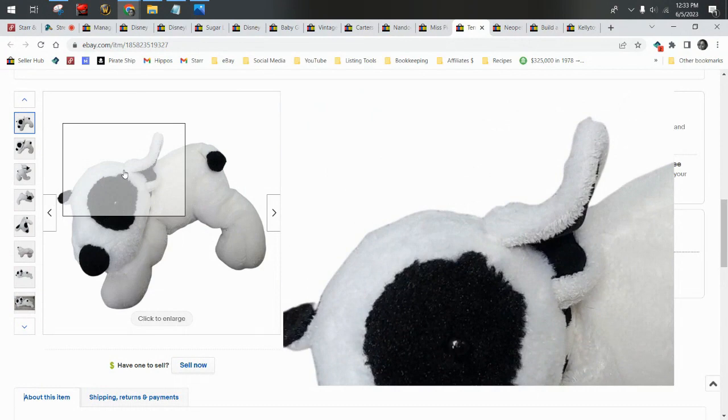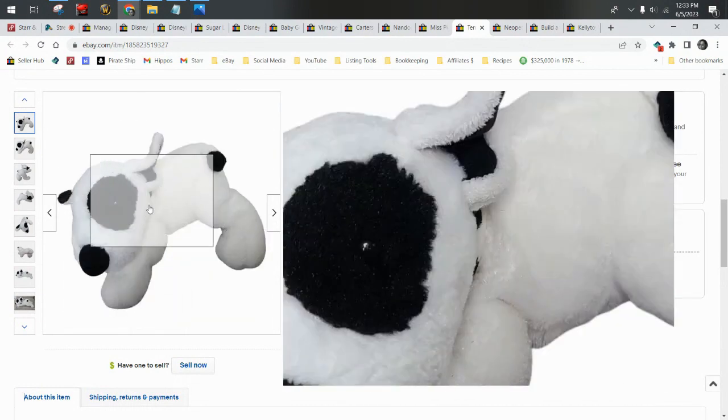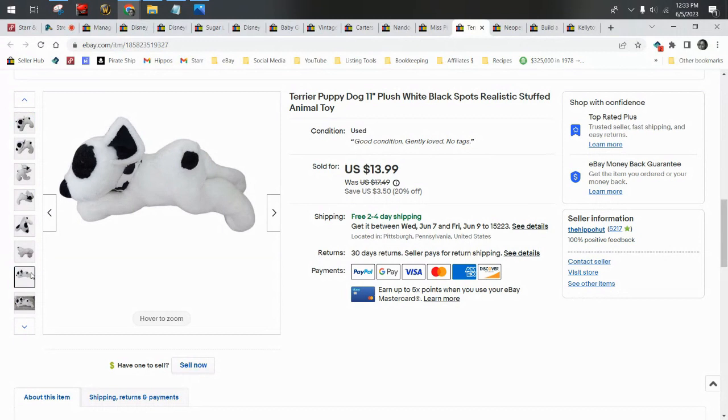Next up, we have this terrier puppy dog. I got him for free. I had purchased a wholesale lot of clothing from another reseller who threw in a bunch of plush for free. He didn't have any tush tags. So the thing with plushies, a lot of times, even if it's something you can recognize or it looks like the Target dog, if it doesn't have its tags, it's not a licensed character, can't prove it's a licensed character,